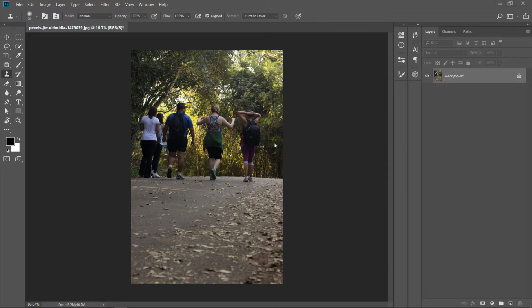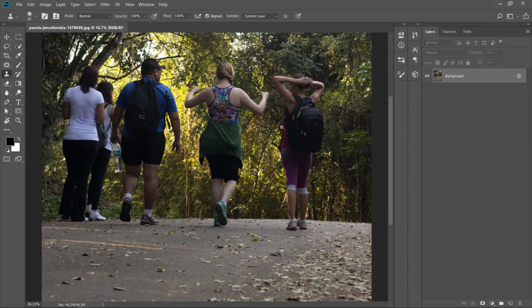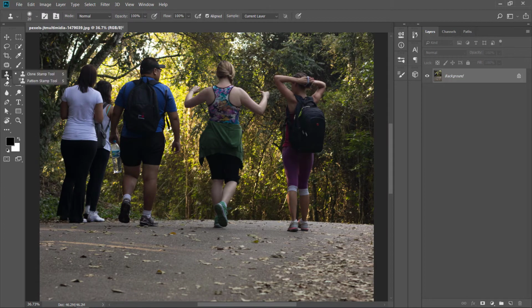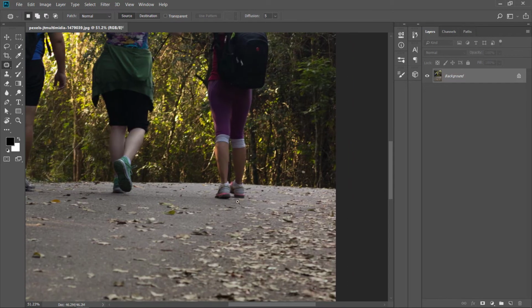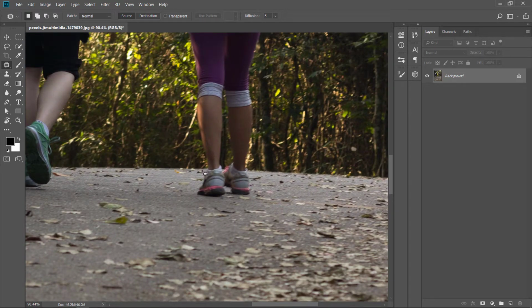In today's video, I'm gonna show you how you can remove something from an image in Photoshop. So you have to go to the patch tool in the beginning. I want to remove her feet first, and then I will remove the upper part. So for the feet, I will just make a selection with the patch tool